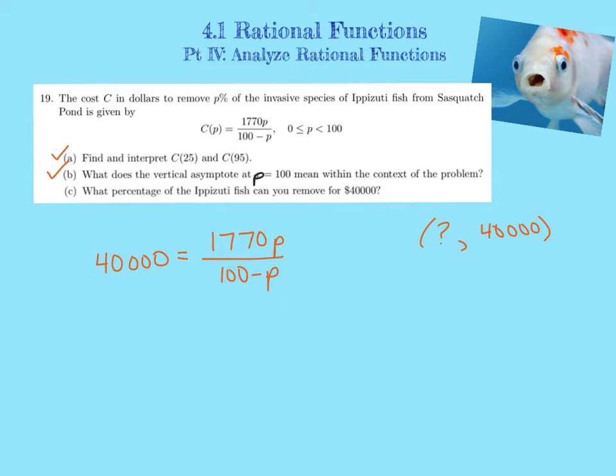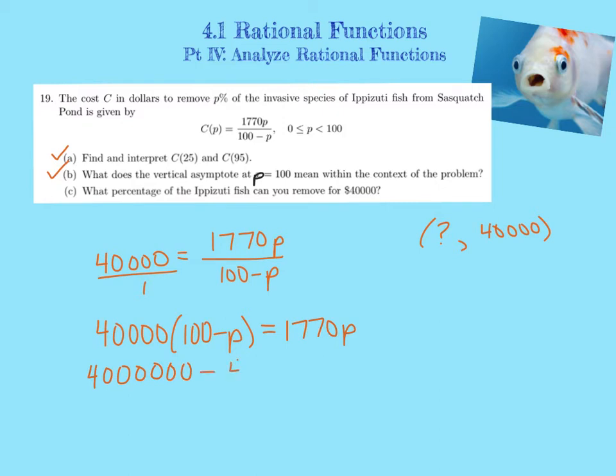So what I'm going to do is basically just cross multiply. And when I cross multiply, it's like multiplying both sides by 100 minus P. So I'm going to multiply this 40,000 by 100 minus P, and then set that equal to our other cross here, which is 1,770p times 1, which is just 1770p. Then what we're going to do is distribute the 40,000. So 40,000 times 100, it's going to be 40,000 with 2 extra zeros on it, and then minus 40,000p